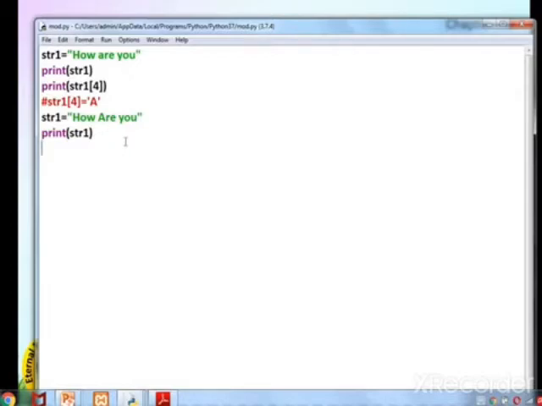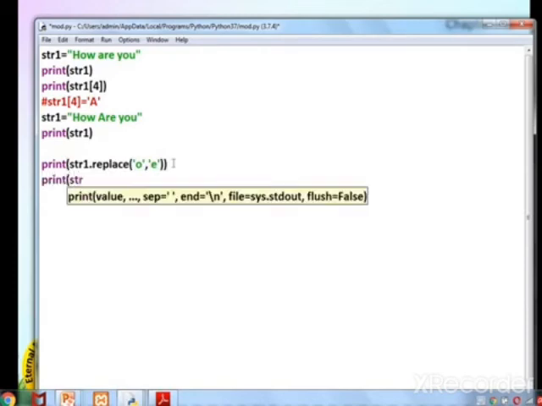So the solution they are giving is print str1.replace, for example, O character to E. Now print str1.